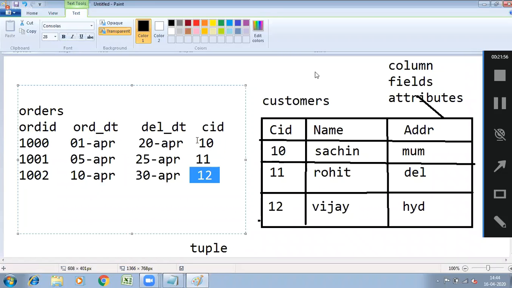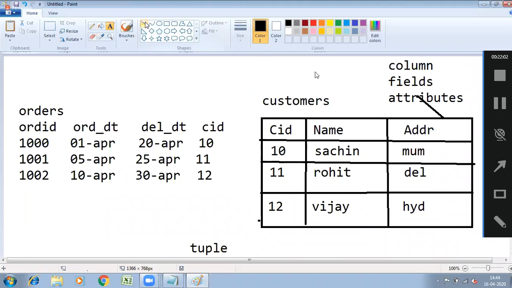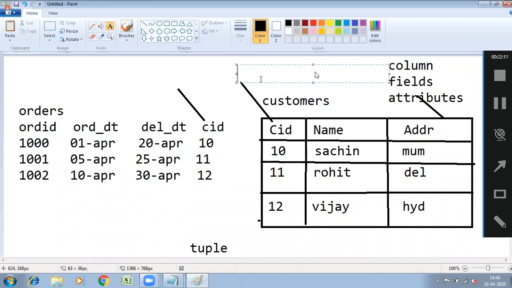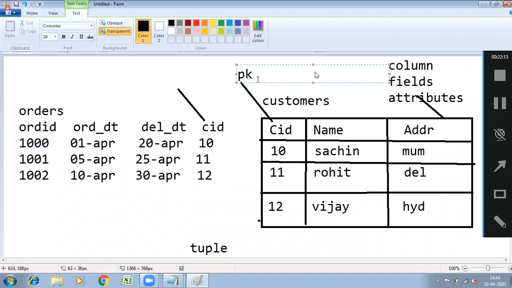So what is this called? Foreign key. In the customer table, this customer ID is the primary key. In the orders table, this customer ID is the foreign key. In one table it acts as primary key, in another table it acts as foreign key.